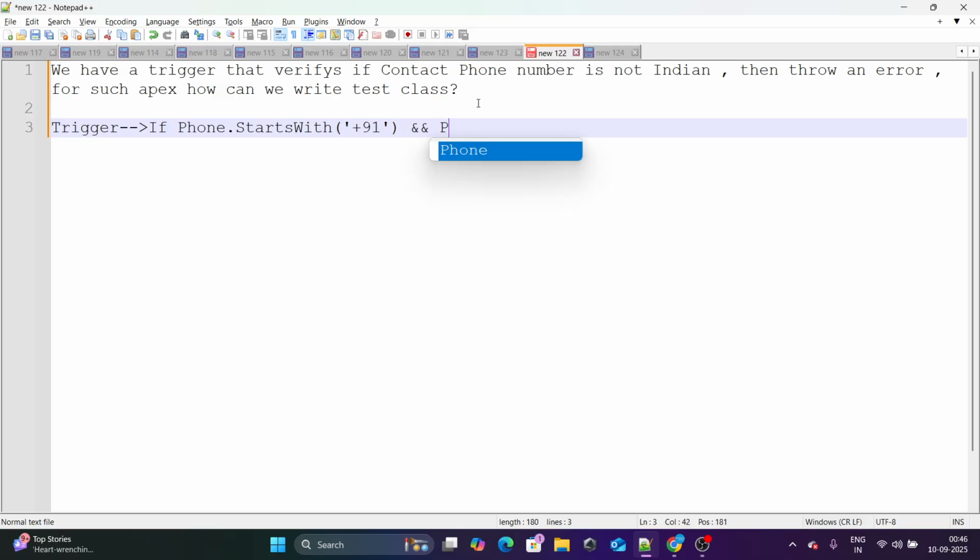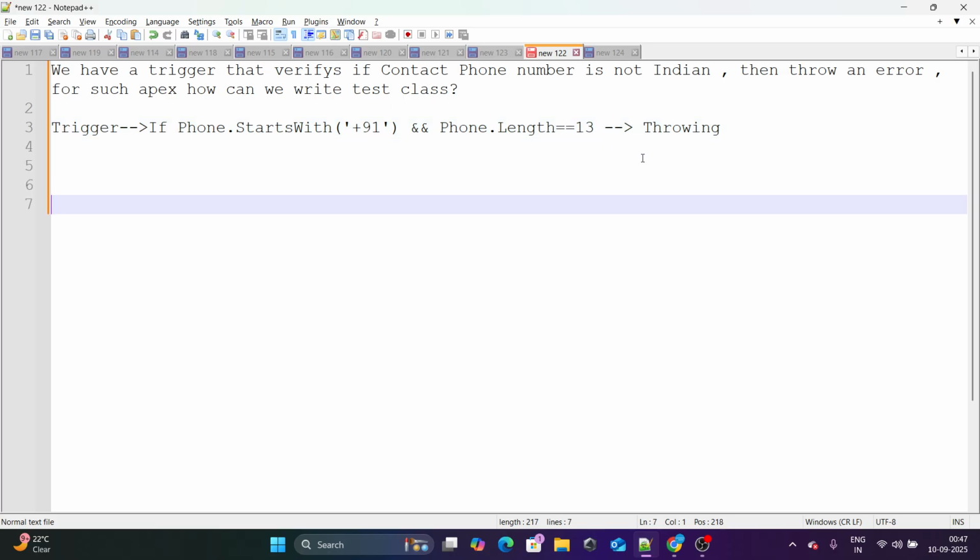And phone number dot length is equal to, let's say, 13, in case it starts with +91. So if the length is 13, then the trigger throws an error. And if you want to write a test class for the same, you will get an error. So basically, if I am trying to write a test class for the same, what I'm going to do is just create the record. Inside the @testSetup method,